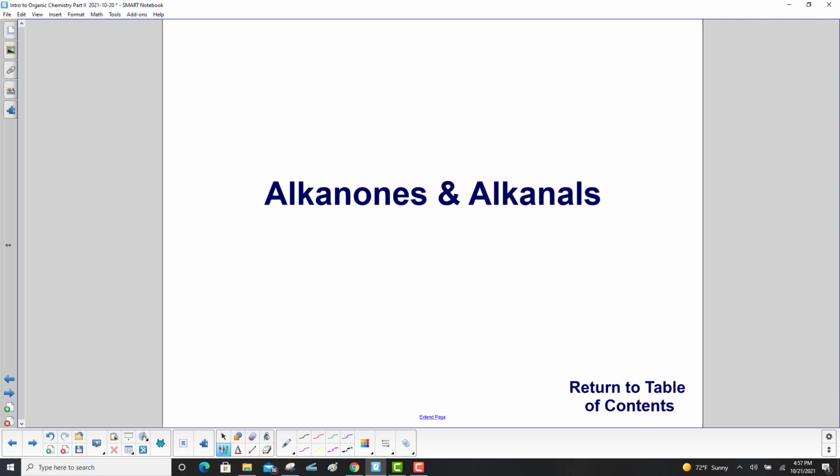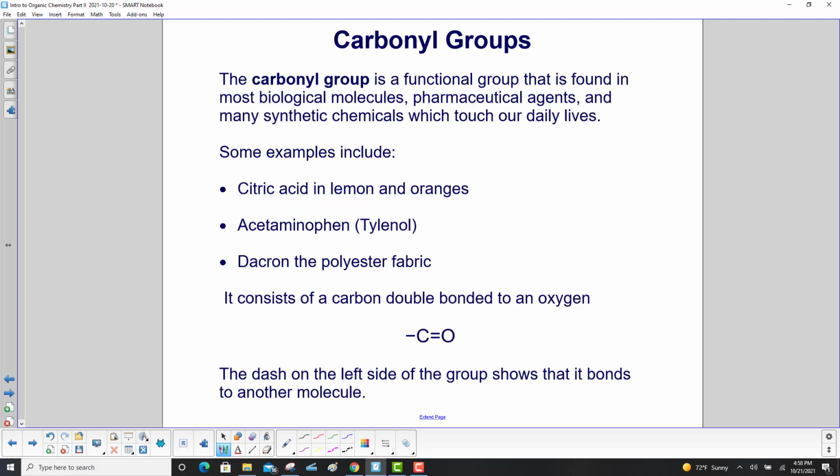Alkanones and Alkanals. We now have another functional group, the carbonyl group. The carbonyl group is a functional group that is found in most biological molecules, pharmaceutical agents, and many synthetic chemicals which touch our daily lives. Some examples: citric acid in lemons and oranges,